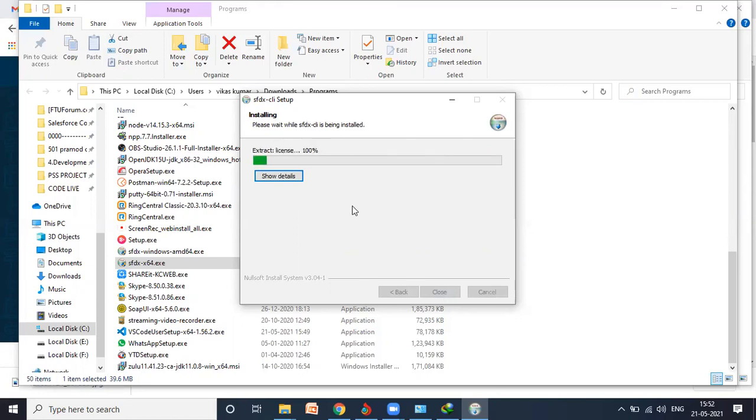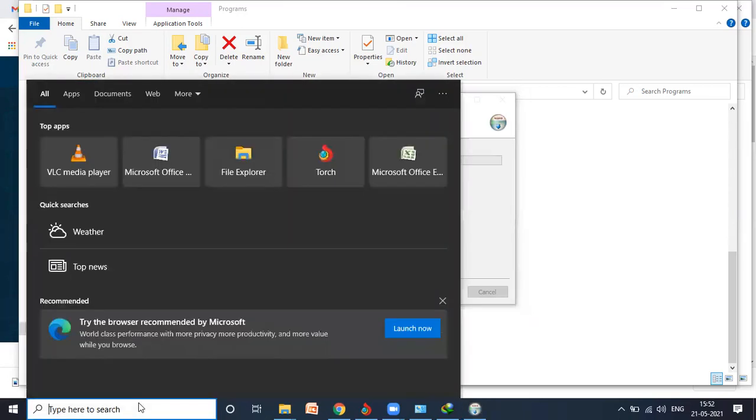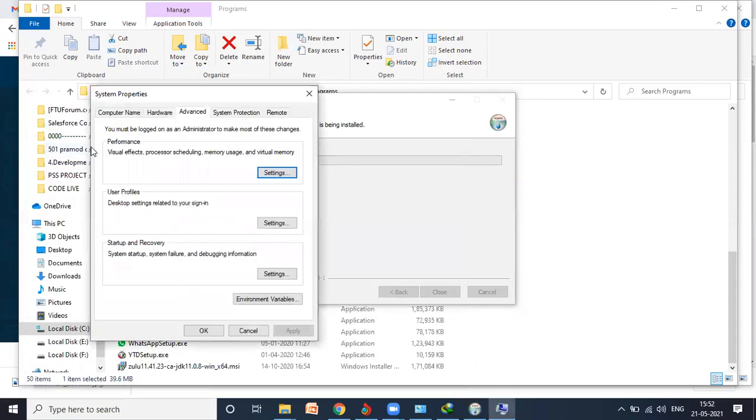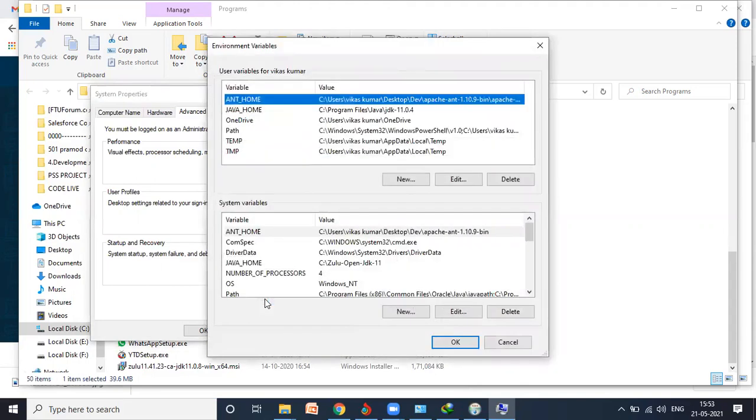Second thing what we need to do, we need to set the path of that. And for setting the path, what we need to do, let me show you. We need to go to environment variables. So here, type environment. Yeah. So you can able to see environment variables. Now in this, there's option called as advanced. Okay. Go under this and here's option environment variables. Click here. Now these two options came, user variable and system variable.